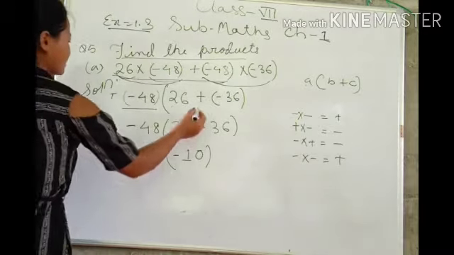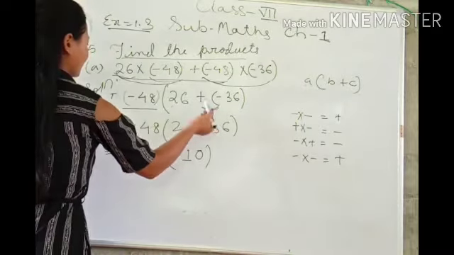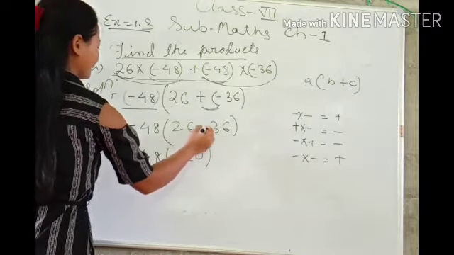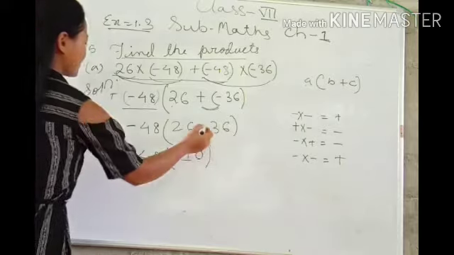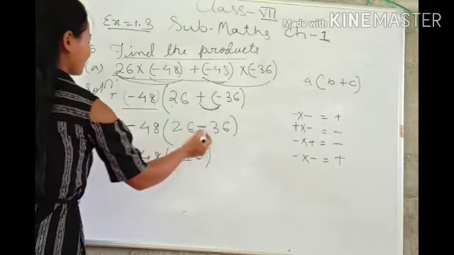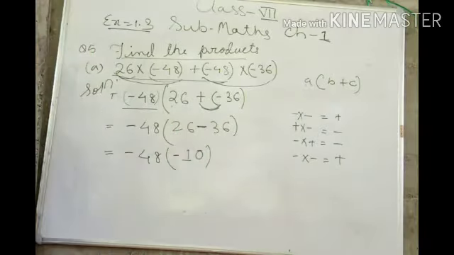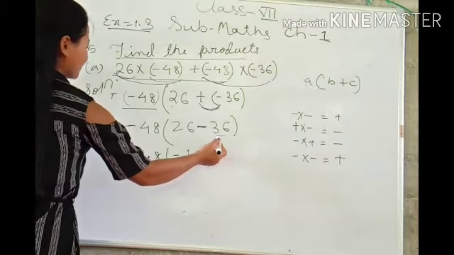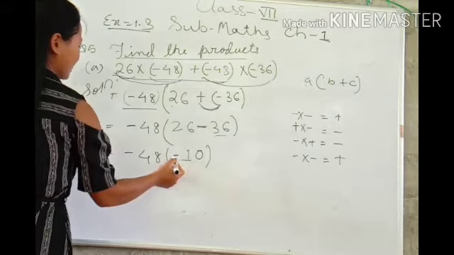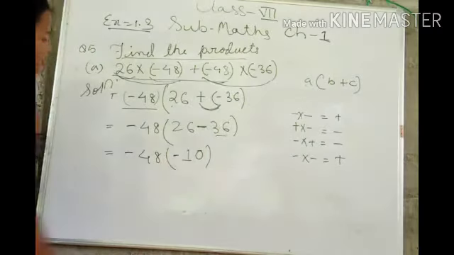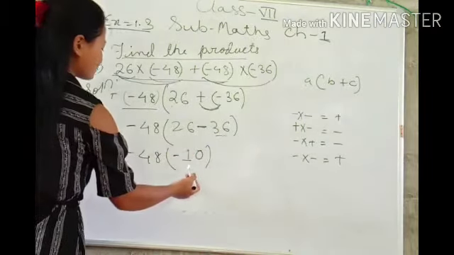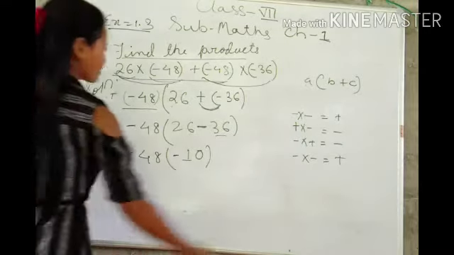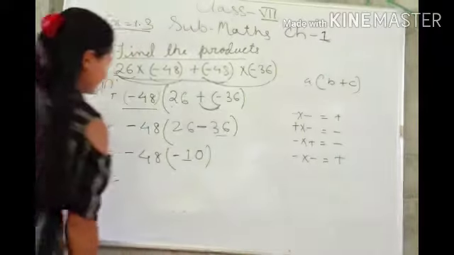First we have to solve these two. Because two signs are together, we have to make it single. We know plus into minus is what? Minus. So these two terms will become only one sign. It is negative. Now 26 minus 36 is how much? Which is bigger here? 36. So the sign will be minus because we put the bigger number's sign. So 36 minus 26, how much will you get? 10. Now minus minus. What is minus minus? From here you can see minus minus will become plus. So the answer will be positive.